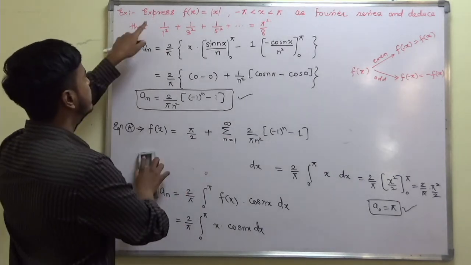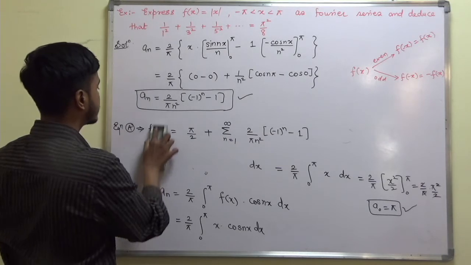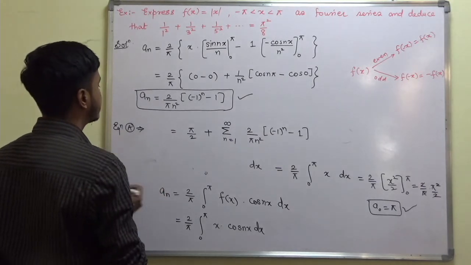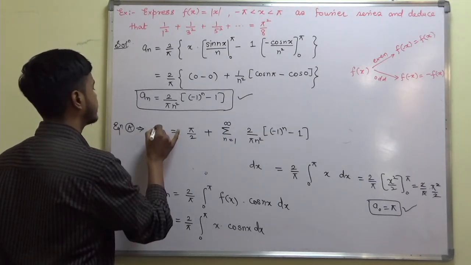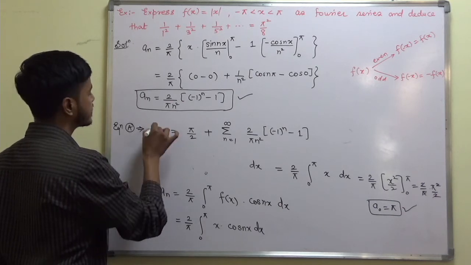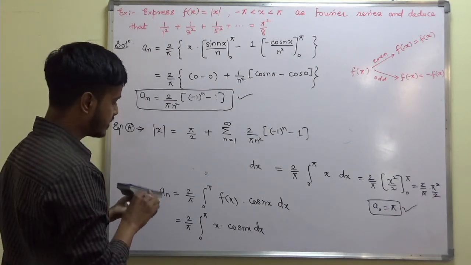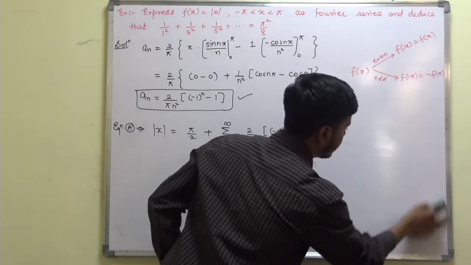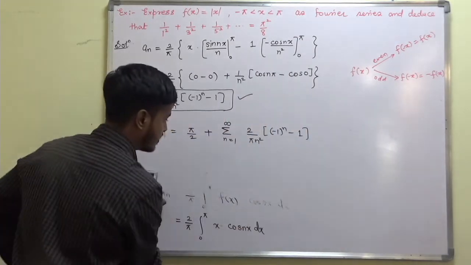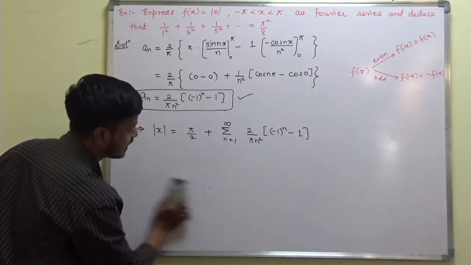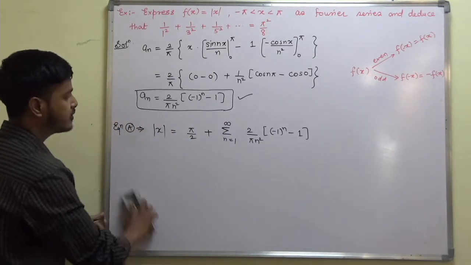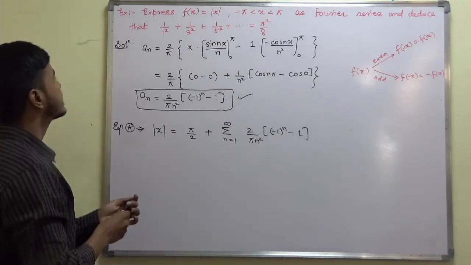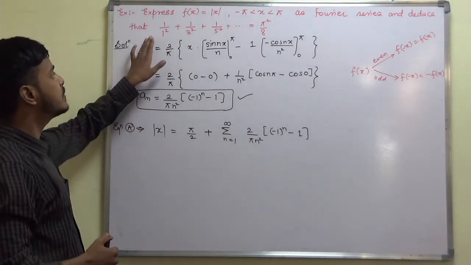We have found out the Fourier series. We have expressed this function. What is my f of x? Mod x, or you can write x, mod x, whatever you want to write. Now this is just the first result that we wanted to find. Now you have to find out the second result, and the second result says hence deduce this is equal to